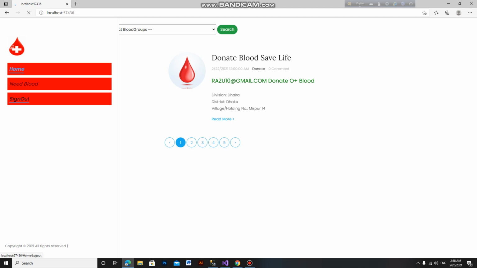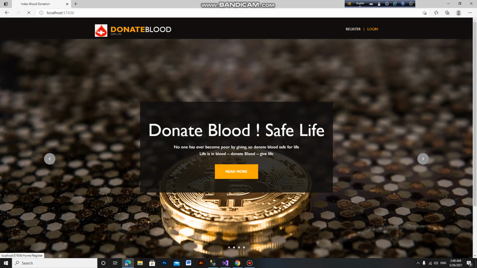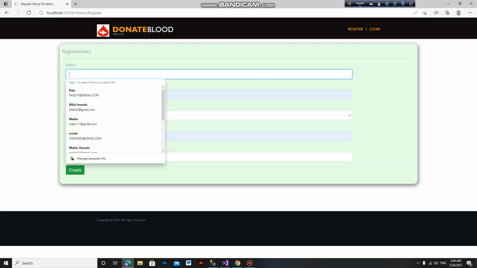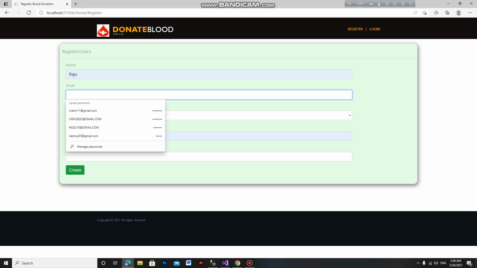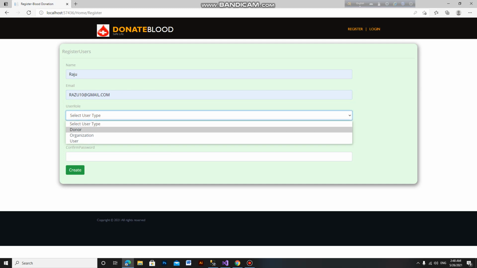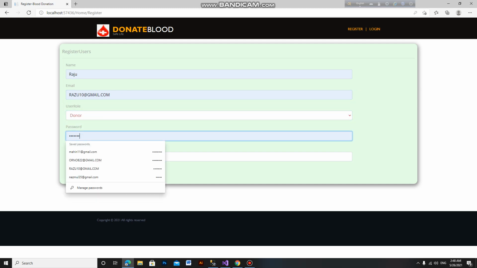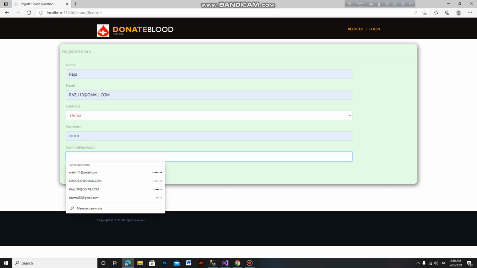So now I can show donate blood. So we go again to the registration page, and donor name Raju and email, and select donor and input password, then we confirm password.